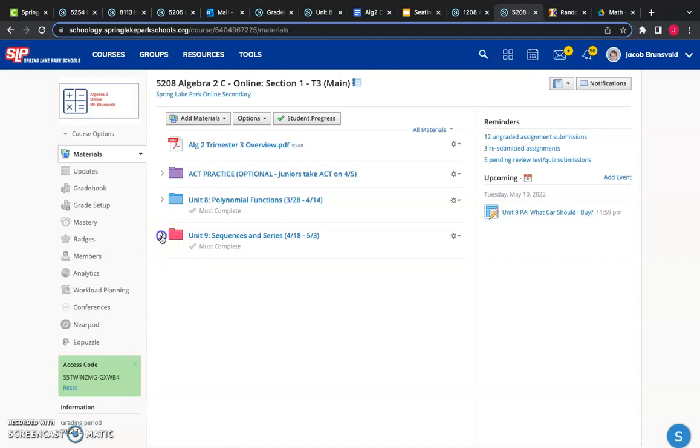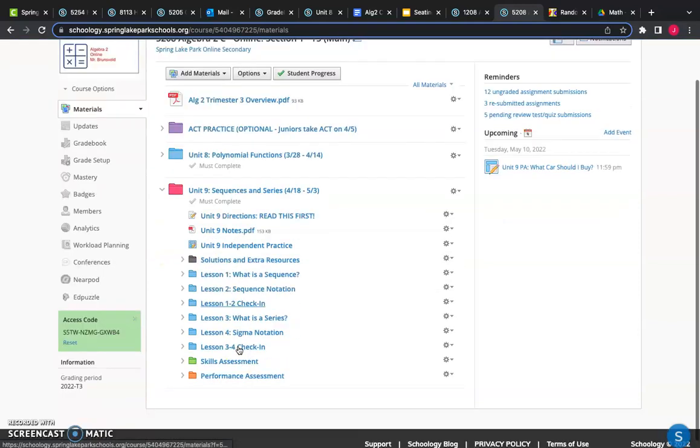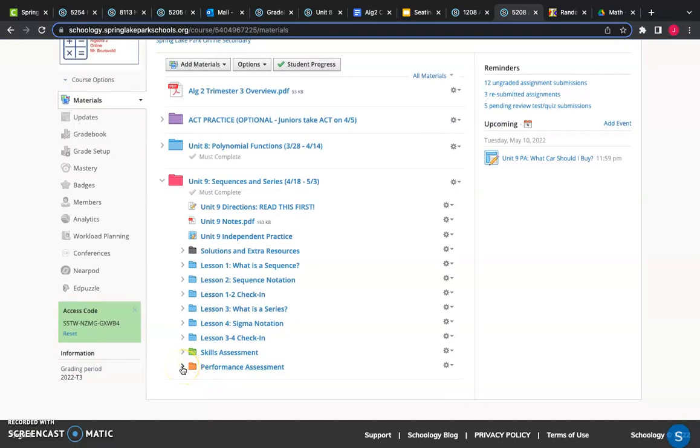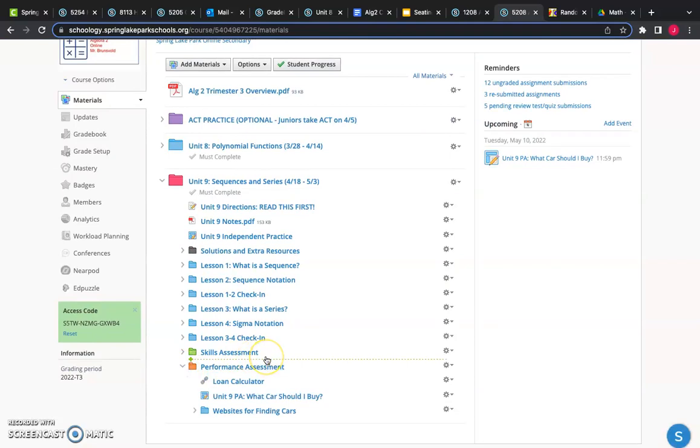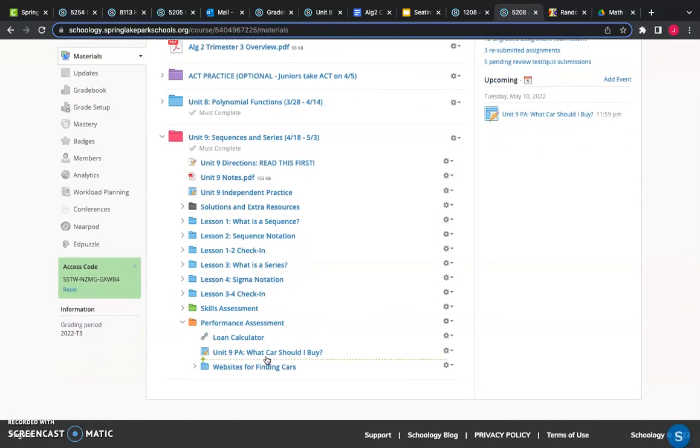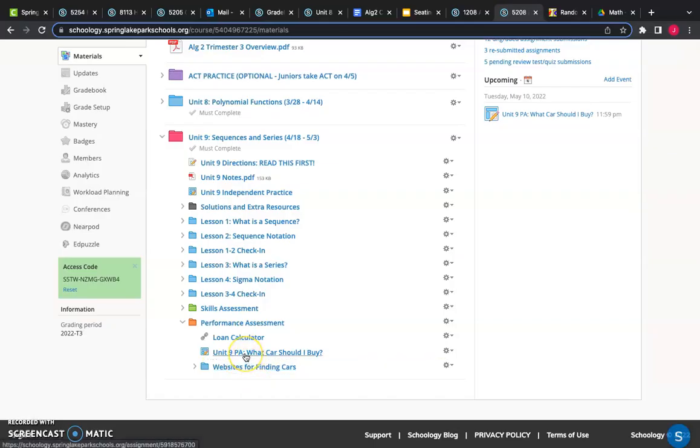So what you're going to want to do is open up Unit 9, then open up the orange performance assessment folder at the bottom. And then you'll see a few different resources down here. So we've got a loan calculator, we've got what car should I buy, the actual assignment, and we've got some websites for finding cars down here. So start by opening up this what car should I buy